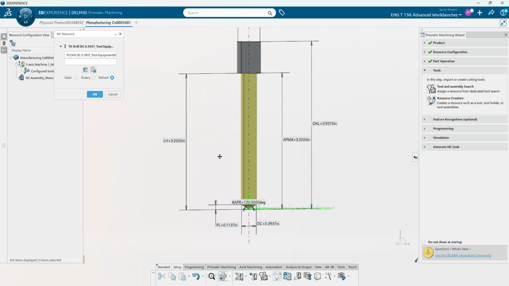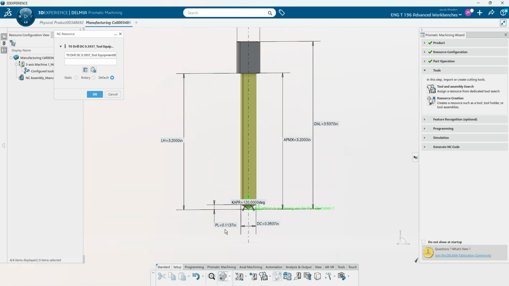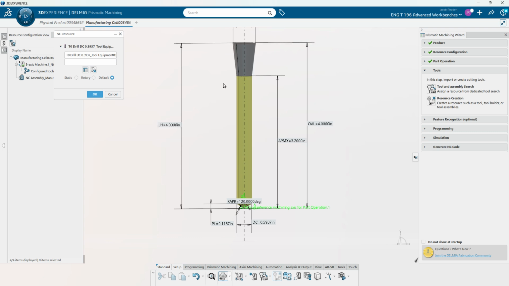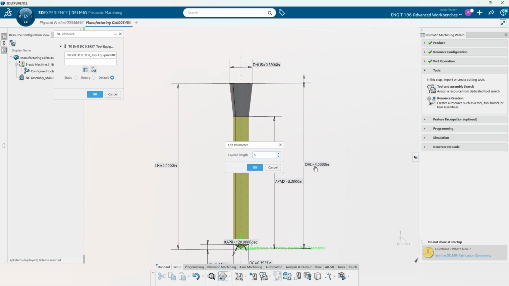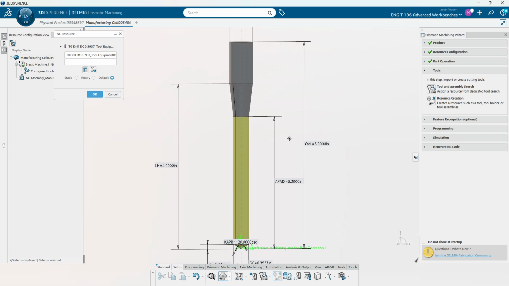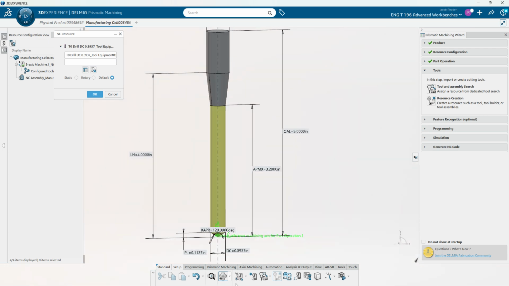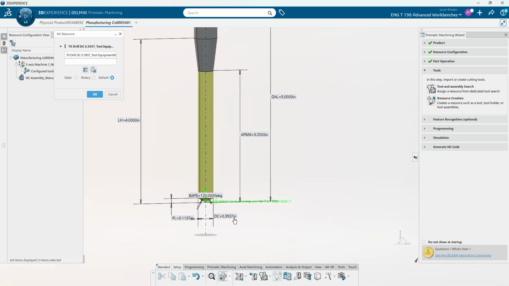So now what we're going to do, and you can also see right here with this length, obviously we have enough to where that face will clear it out and everything. So now we got that at 3.2. We're going to make this about a 4 so we get some angle, and the overall will make it about a 5. And that looks like it should, and obviously we want to make sure this is the